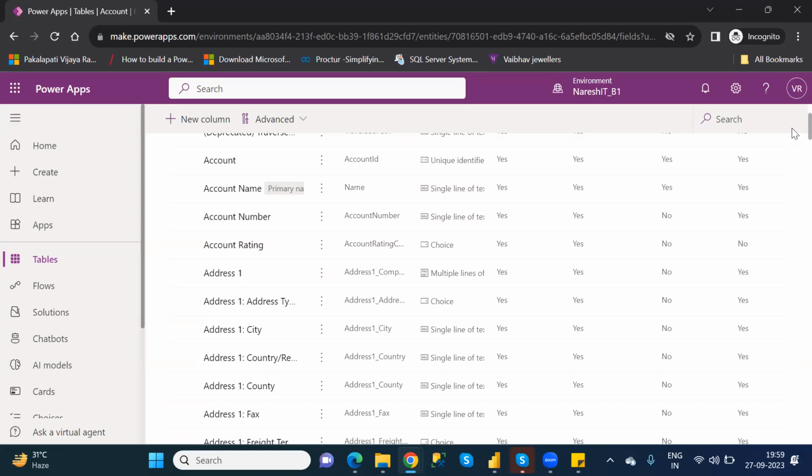That's it. So in these tables, suppose you have the account table, then just load the data into this table. At the time of loading, you have to choose which columns' data you want to load. Then only you can load the data. Understand clearly? So that's the reason in whichever projects, most of the time, whichever tables are there, those tables are created by Power Apps, and if you want to use them, you can use them. Or if you want to create your own table, that is also possible here. Understand?